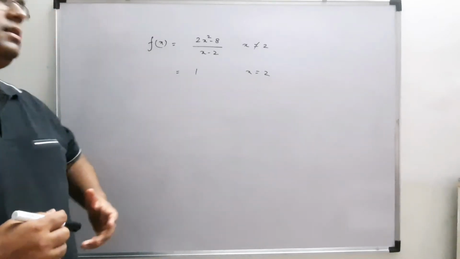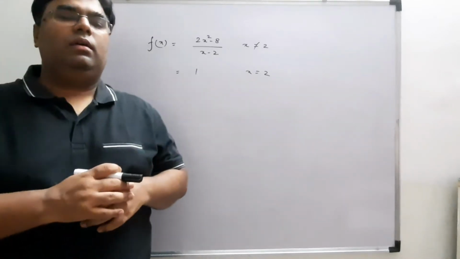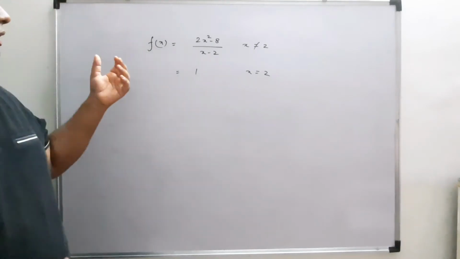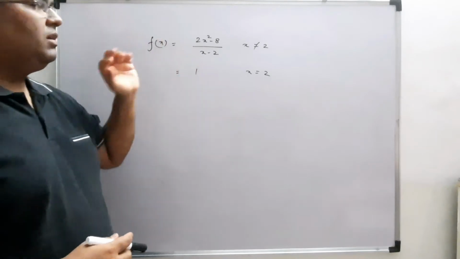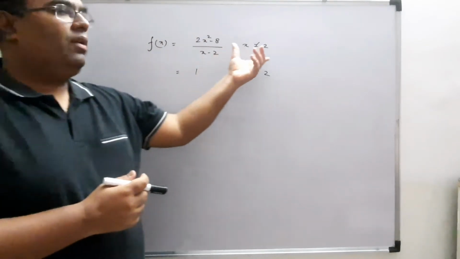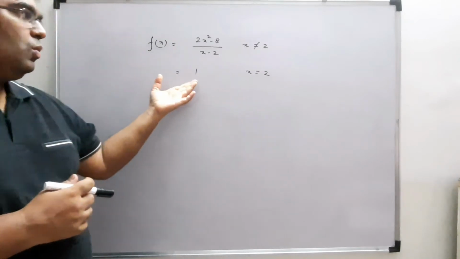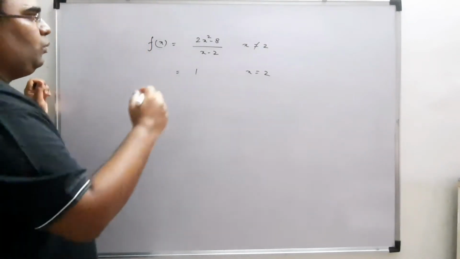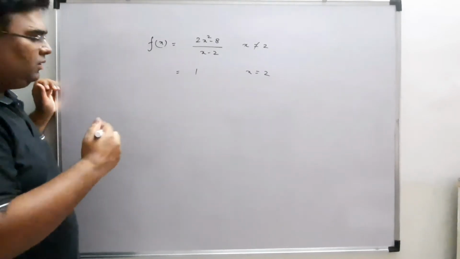Okay, let us take this example to understand removable discontinuity. I have a function f(x) which is equal to (2x² - 8)/(x - 2) when x is not equal to 2, and is equal to 1 when x is equal to 2. So if you want to find LHL or RHL,